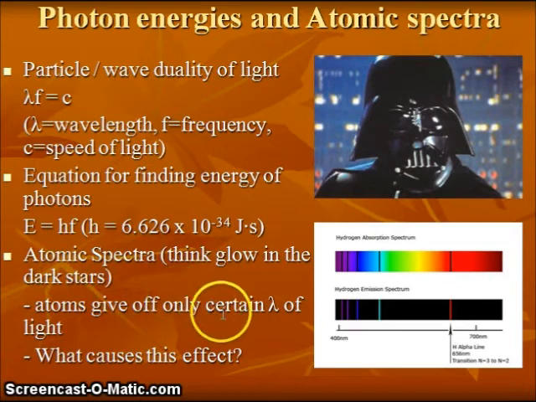Now, atomic spectra, this is something that Niels Bohr was very interested in. We know that when we add energy to atoms, they will actually glow and they'll give off only certain colors of light. These particular colors of light were given off by energized atoms of hydrogen, and this is what inspired Bohr to propose the first model, the planetary model of the atom.